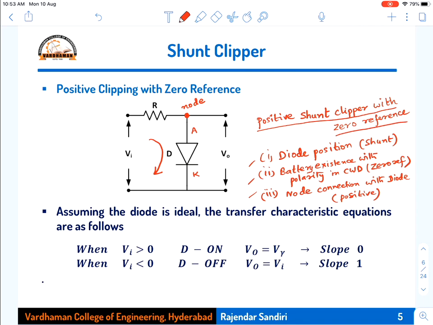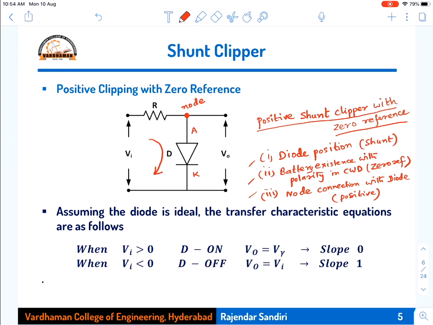Now, by seeing any circuit diagram, by taking these 3 points into consideration, you can name the circuit. So, circuit diagram is given, you can tell what is the name of the circuit. Out of 15 are there, but this rule is applicable for 12. I'm telling about single level clippers. 2 level clippers, there are 3 types. Depending upon the polarities of the voltages, you can tell the name. But this 3 point method is applicable for single level clipper.